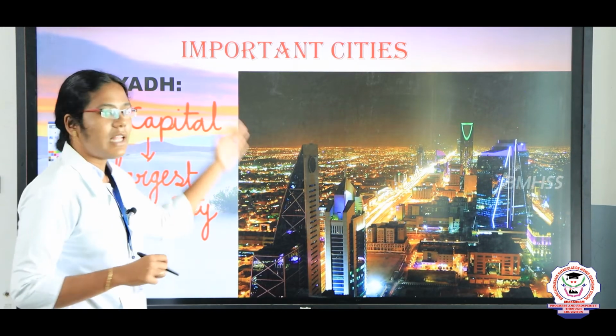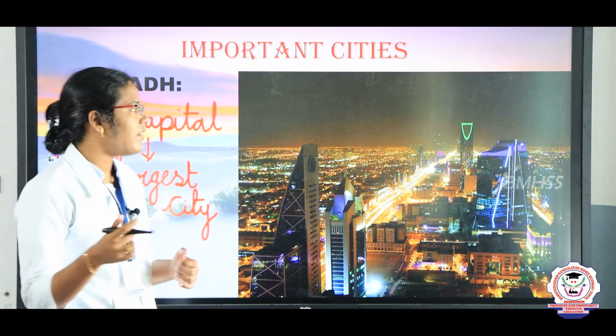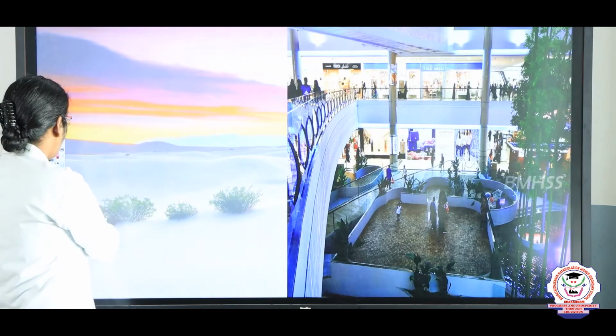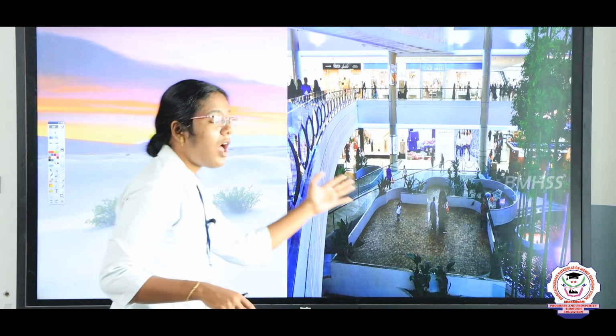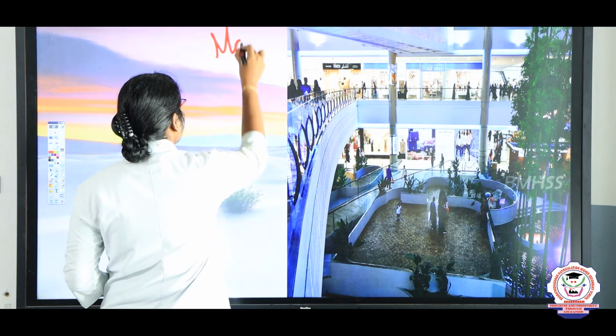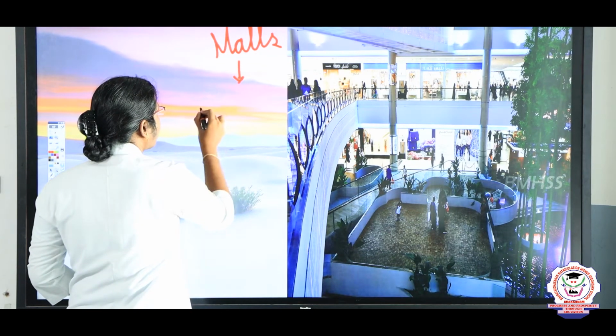Okay, Riyadh is a capital and it is said to be the largest city. Here we have schools. Look at this picture, children. This picture refers to malls. Saudi Arabia is famous for shopping malls, right? So here we have malls, schools,